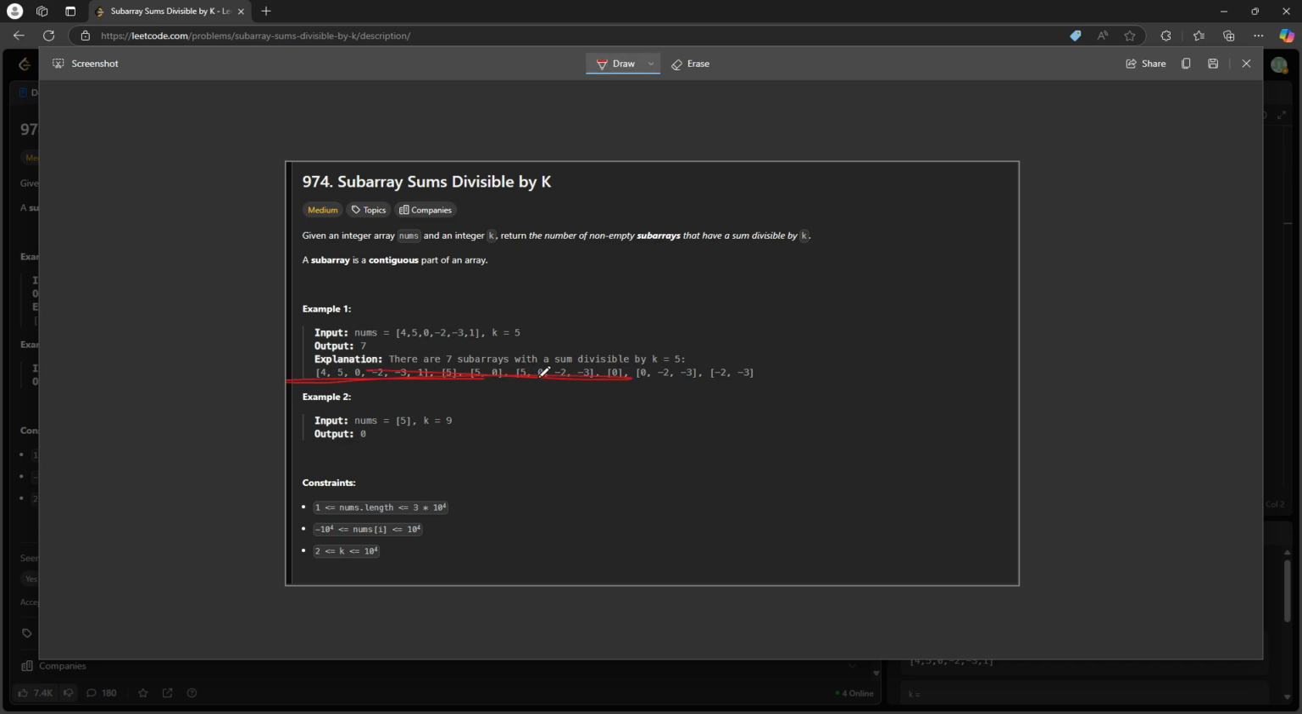So let's not look at this, you'll confuse yourself. So 4 is not divisible by 5, right? So you don't count this in the answer by itself. The 5 is divisible by k because 5 divided by 5 is 0, right? And 5 is 0, something like this, and then maybe 5, 0, -2, -3, right? Because when you add everything together,